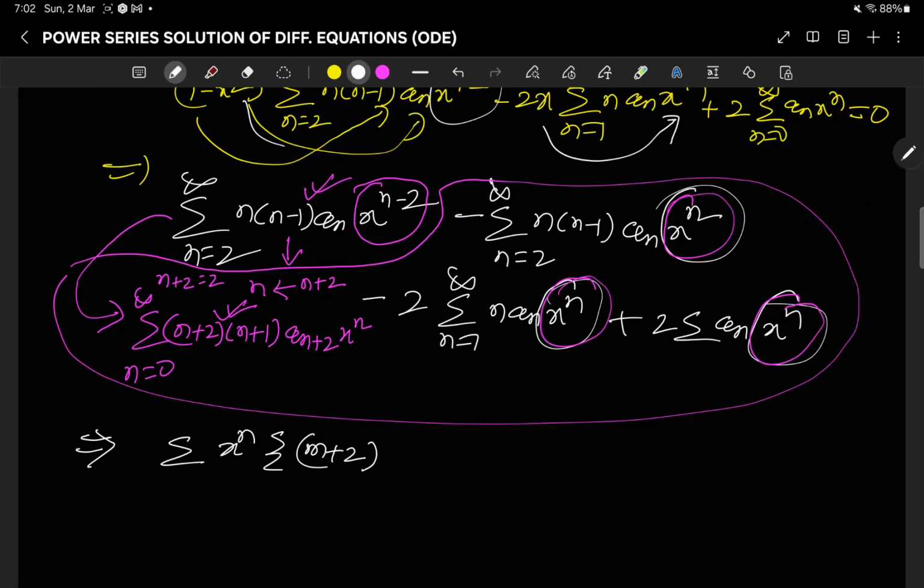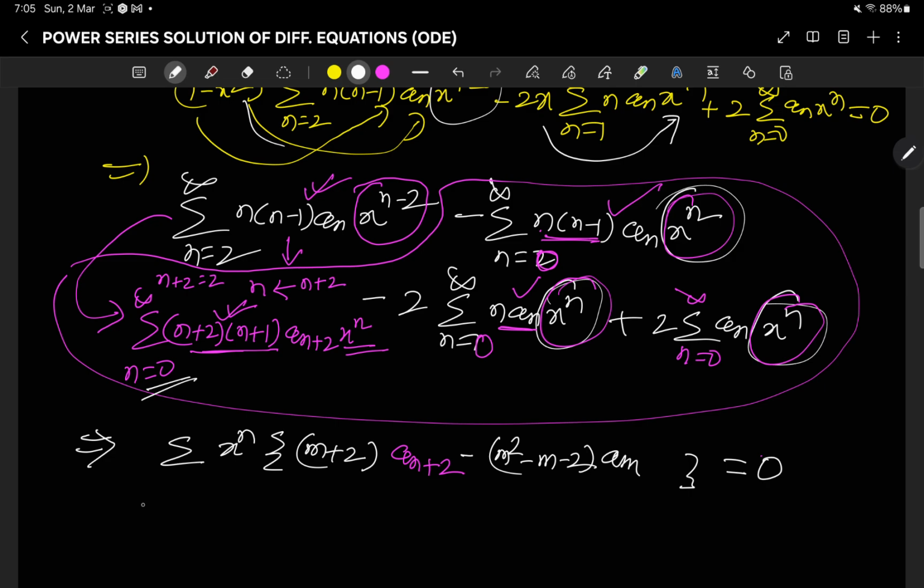One more thing you can see here: n is equal to 0. Here also if I write n is equal to 0, no harm, because putting n is equal to 0, this term itself is 0. So all are in n is equal to 0 to infinity. So if I collect it, the coefficient of x to the power n is n plus 2 into n plus 1 an plus 2, then the remaining terms. So if I simplify it now,